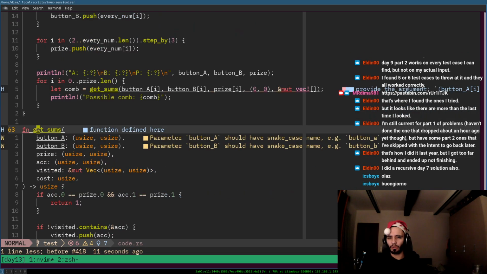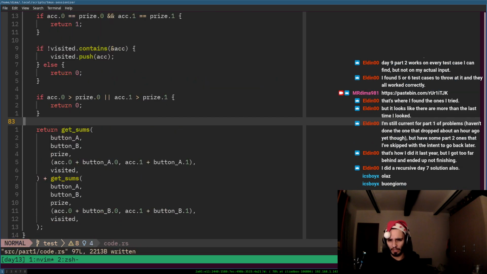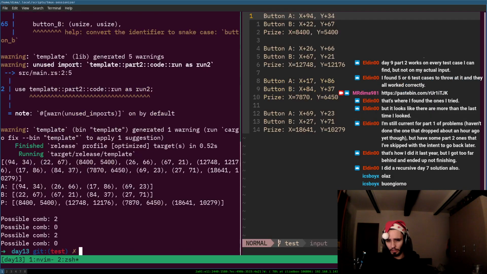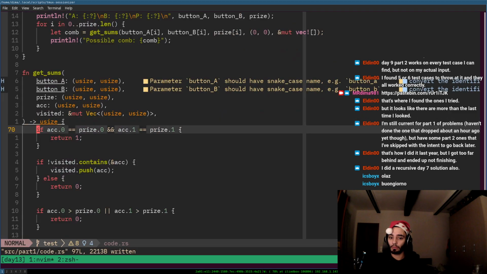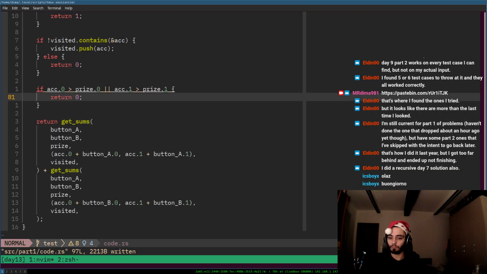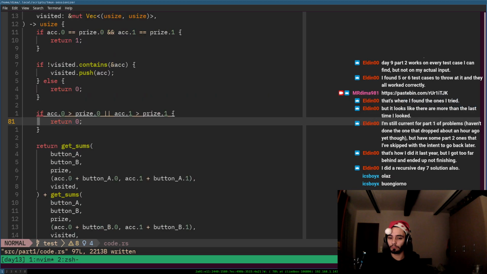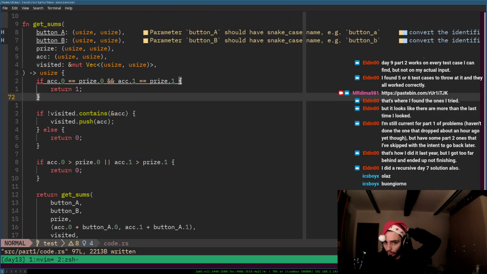Or rather, I could just... wait. This ain't that easy. Because I'm getting every possible combination, which is 2 and 2. Nice. I need to get every possible combination. This will return 0. This will return 1. I want to return the